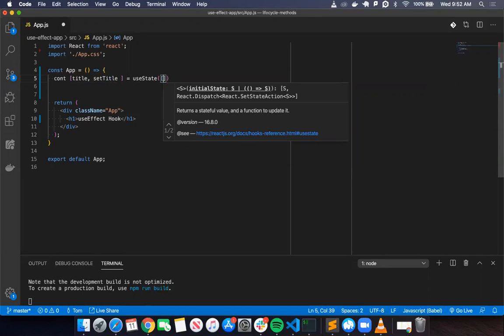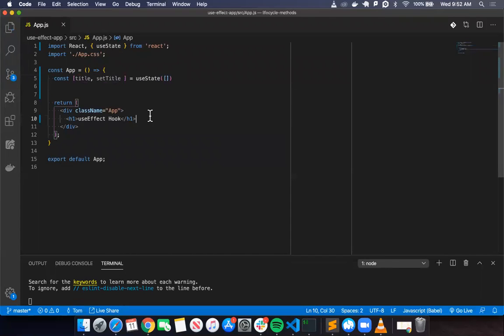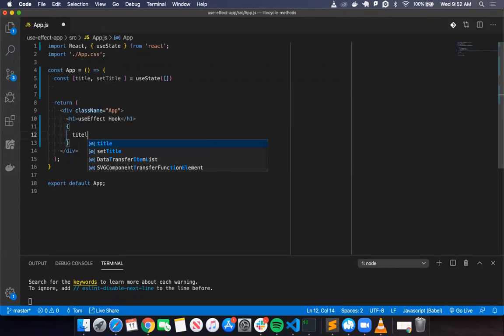Let's assign an empty array. useState is not defined, so import useState. Then in here, we'll set state. So like if titles exist,